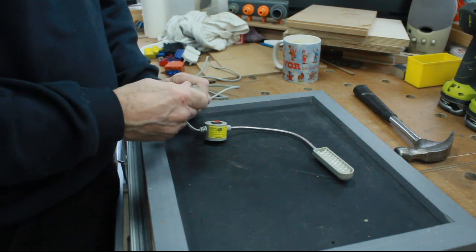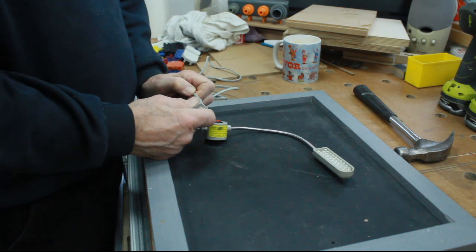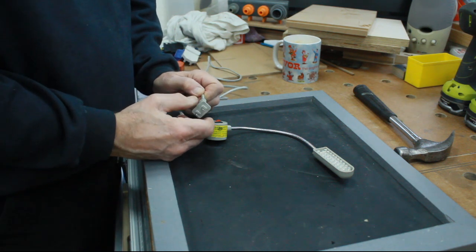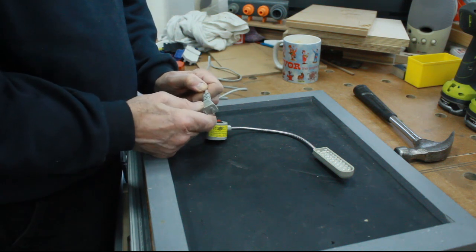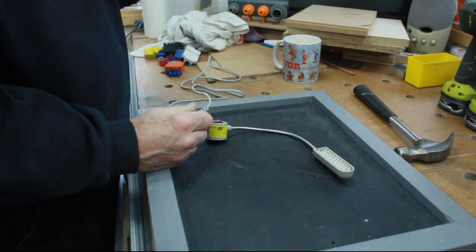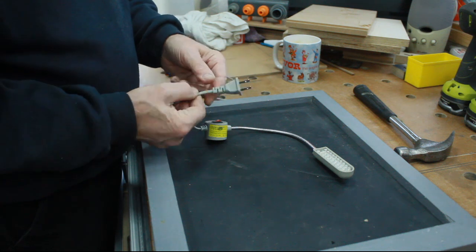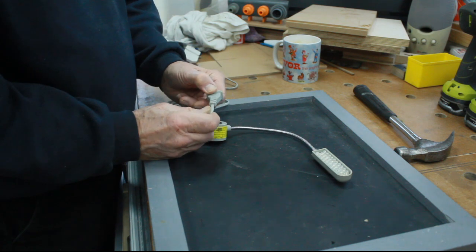I want to use it on the bandsaw, I want to use it on the pillar drill. It may even be useful on the chop saw, it may be useful on the Triton belt and spindle sander. It may be useful on the lathe. Now I could keep buying them and putting them on things and keep having more plugs and sockets to plug in, but I'm going to get round it by solving both issues, the fact I haven't got a plug here and the fact that it's not multi-purpose and will just block up all the outlets,